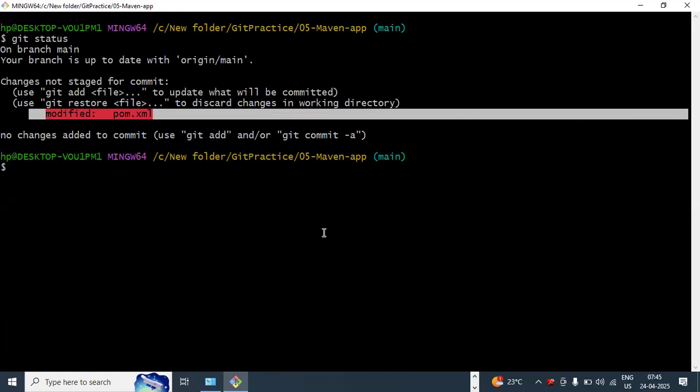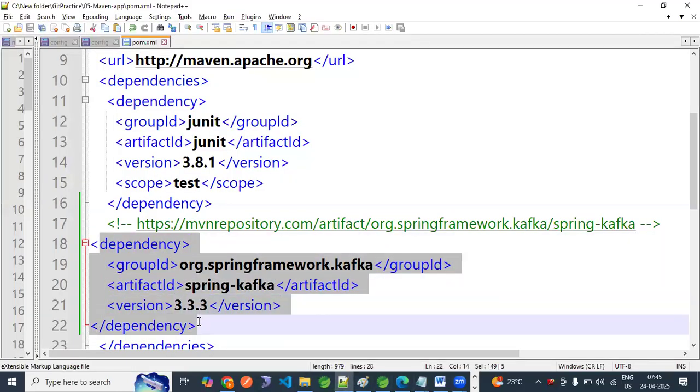The moment you made the changes, your manager comes to you. See, guys, you made one line or two line changes. This operation is not for pom.xml only. In your Java code, your Python code, anything, the same operation is going to work. I am showing one file, but you should think in a broader area. It can be a Java file, or if it is a Python project, Git's operations are the same. I added about 4 lines of code according to the Jira task. Now a manager came, or your manager will come, and then he will ask you,